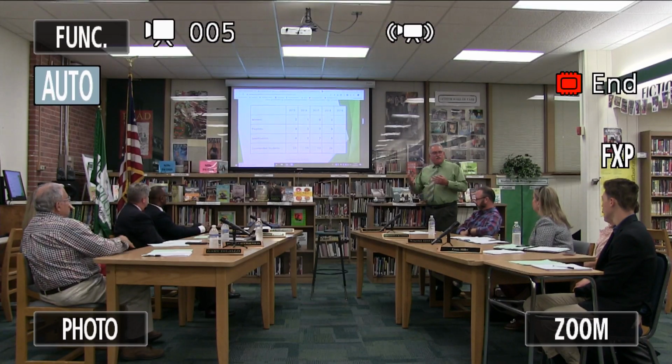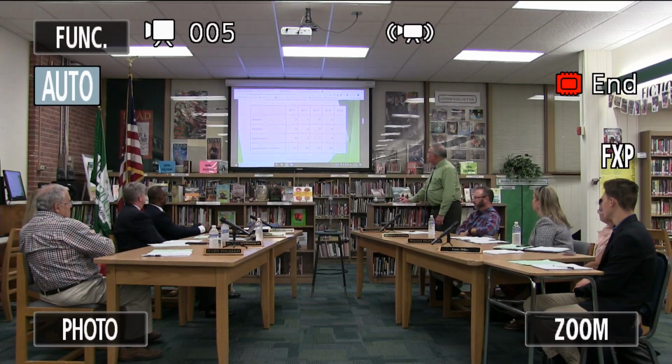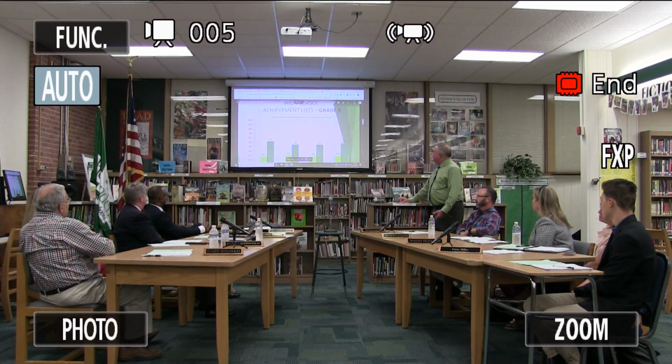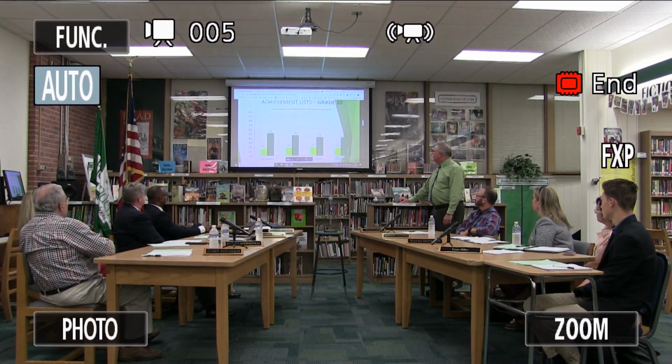And again, some of that is just the makeup of the particular classes that are there. That's a little more difficult to judge the success on. And the achievement lists, I'm not going to go over them. You know what they are. The interesting thing is most kids get high achievement, and the smaller percentage of kids are on the achievement list, which I always thought was interesting.